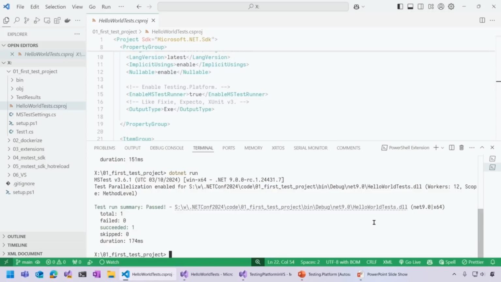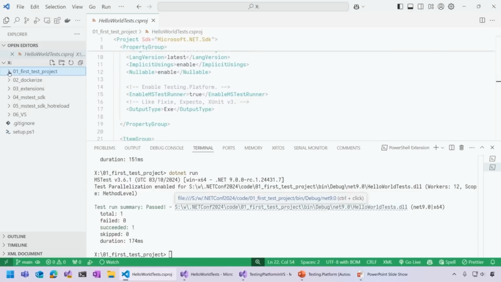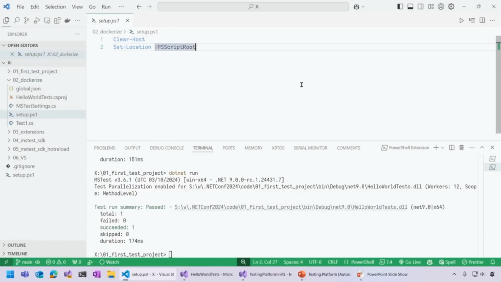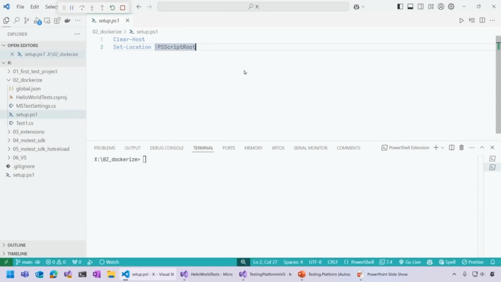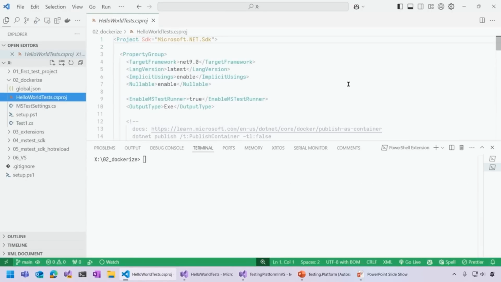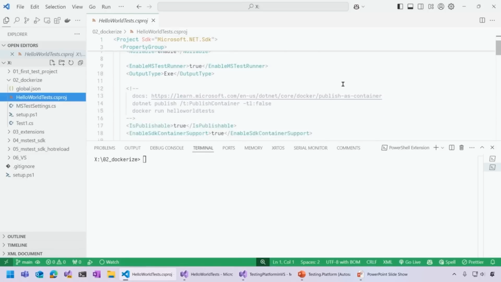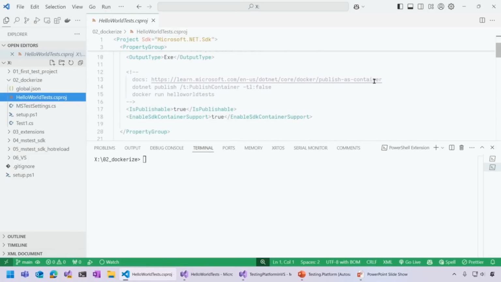So to show this point even further, I want to show you how we can move those tests to run inside of a Docker container. For that, I will switch into my folder, 02 Dockerize. I have a project that looks totally the same as before. I just added 2 properties based on the documentation, and